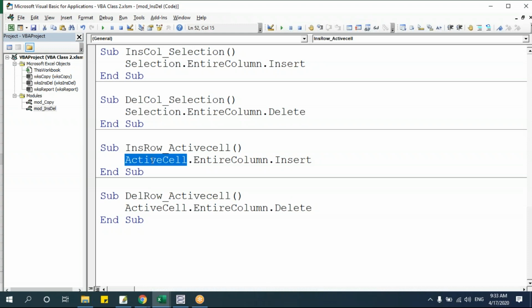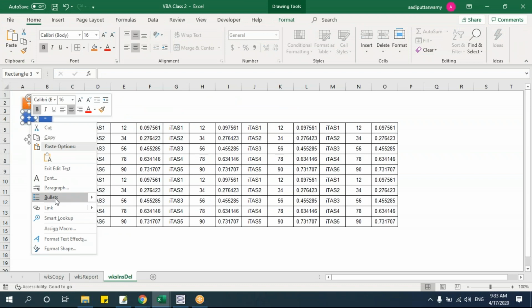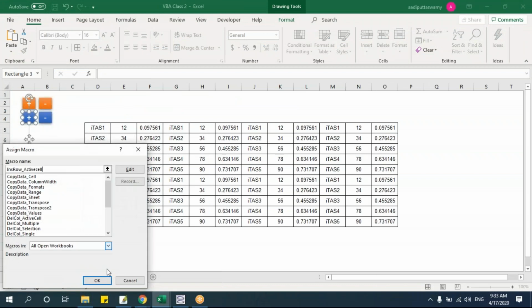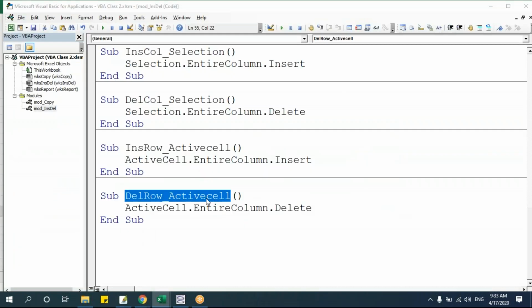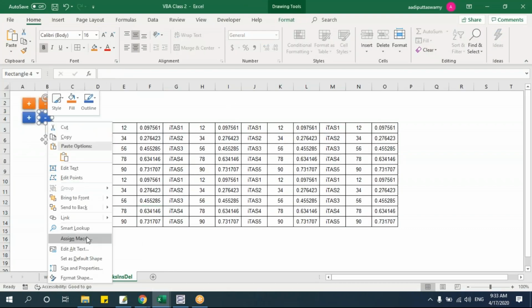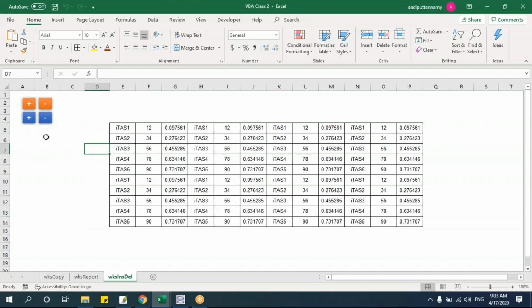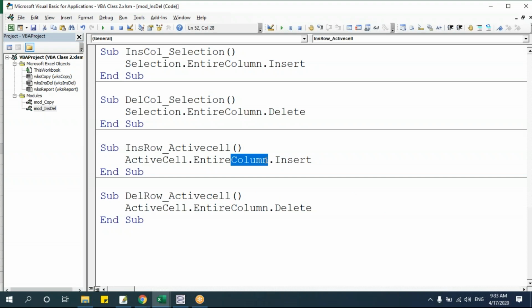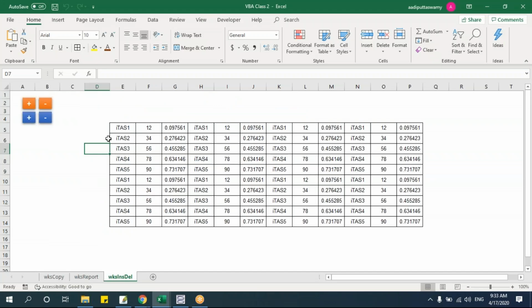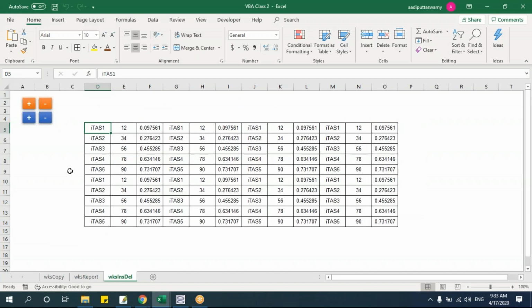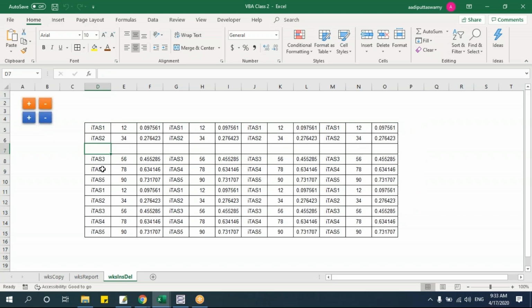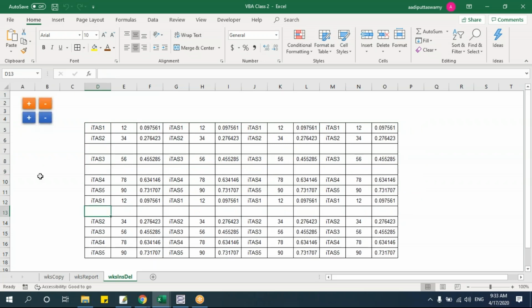See, this is for active cell. Let me assign the macro. Right click, assign macro. Say OK. Then again copy this, right click, assign macro. Fine. See, active cell. Let's say I'm selecting the 7th row. Click on this. Oh, sorry, I made it as active column. We'll make it as active entire row. Okay. Let's delete this. Select this. Click here. See, wherever I'm selecting, the row is getting